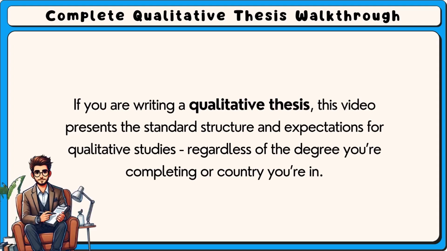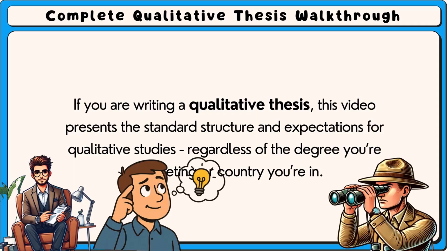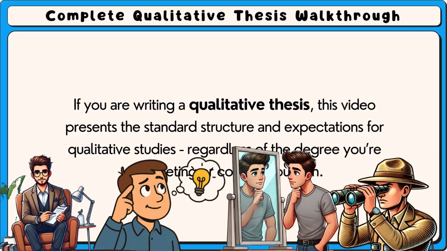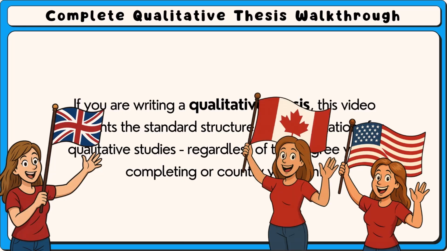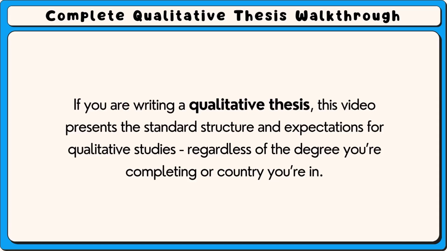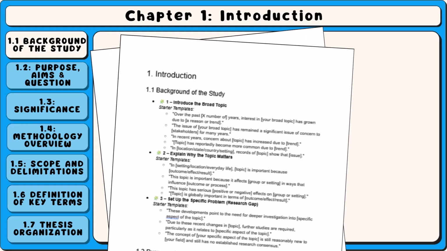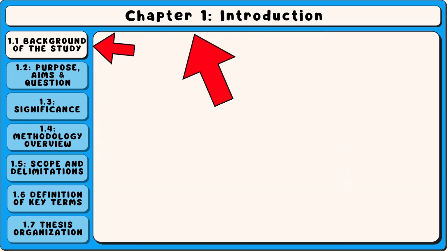You can be doing psychology or sociology or anthropology or cultural studies or any range of other degrees, and you could be in any range of countries. You could be in the United States, United Kingdom, Canada, or anywhere else in the world. As long as you're doing a qualitative thesis, this structure should be a good foundation. With that said, make sure you double check your program requirements in case they expect any variation from the standard thesis design. Okay, so grab the template that's linked in the description and let's get started with Chapter 1